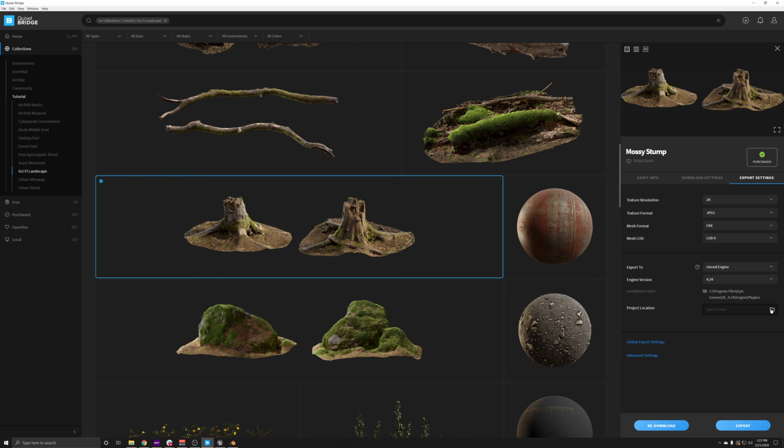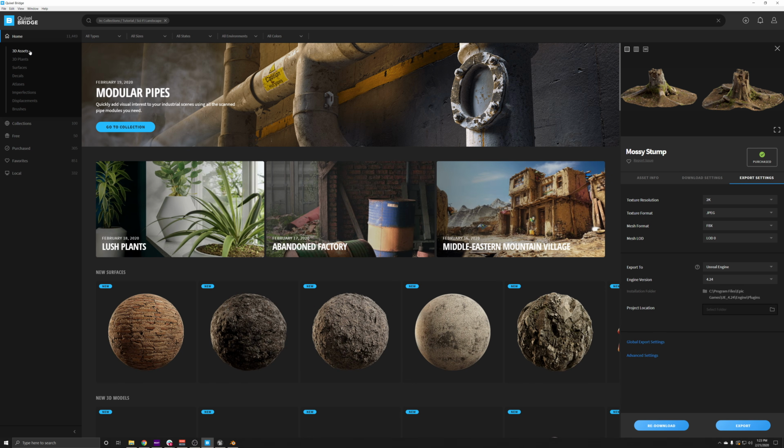If you don't specify where this is being exported to in the project browser and the Unreal Editor, then Bridge will just create a default Megascans folder, and then it'll keep creating subfolders within the Megascans folder that are extremely similar to the left toolbar breakdown here. If we were to go back and click home, it'll start creating folders that are just like, as you can see here, 3D assets, 3D plants, surfaces, and so on and so forth.